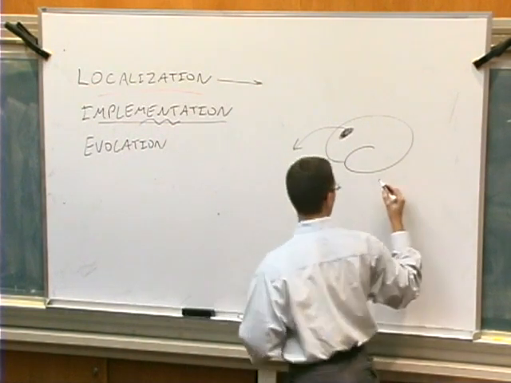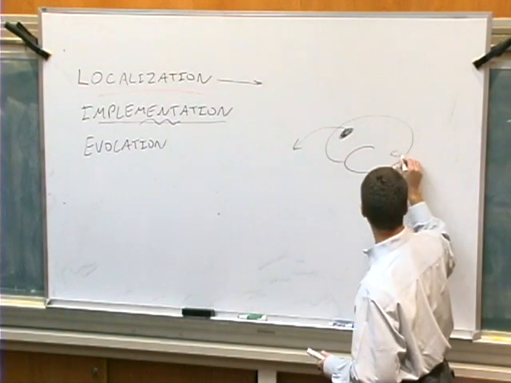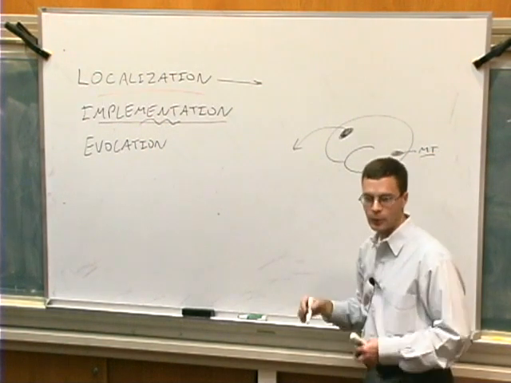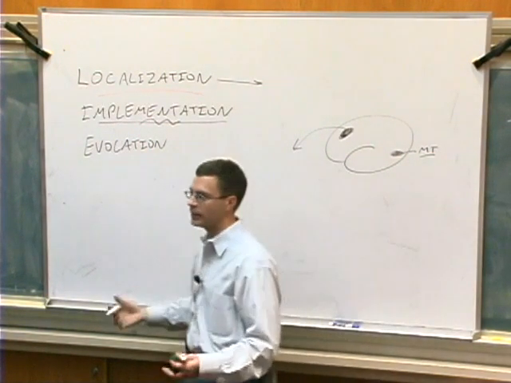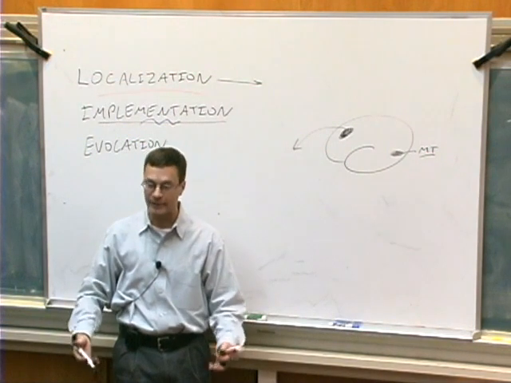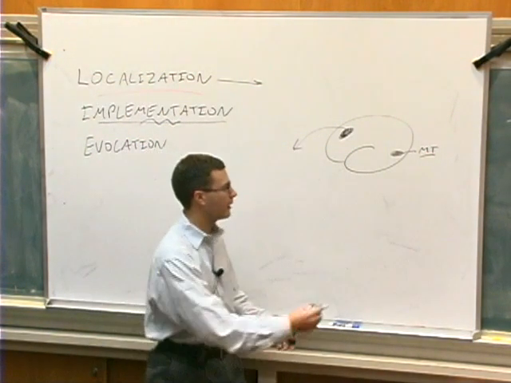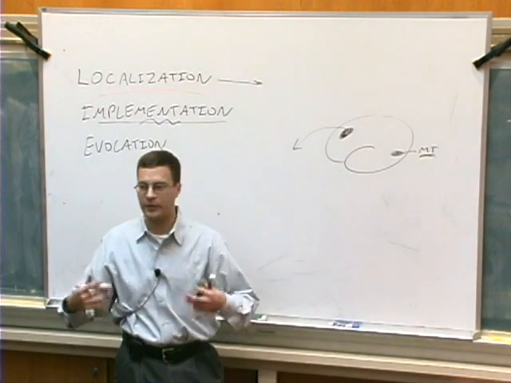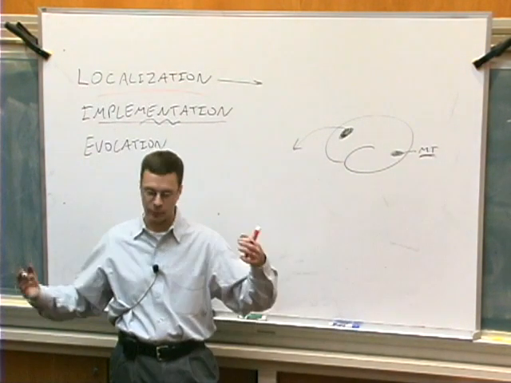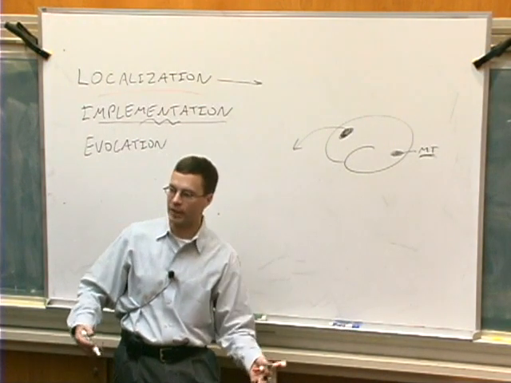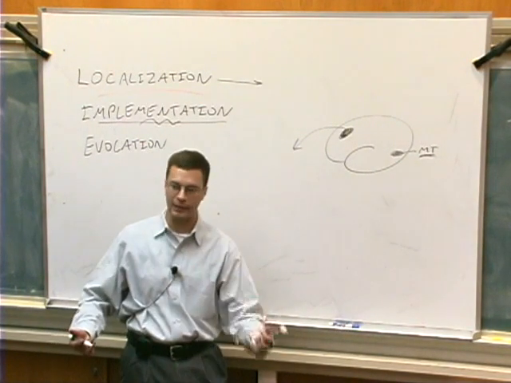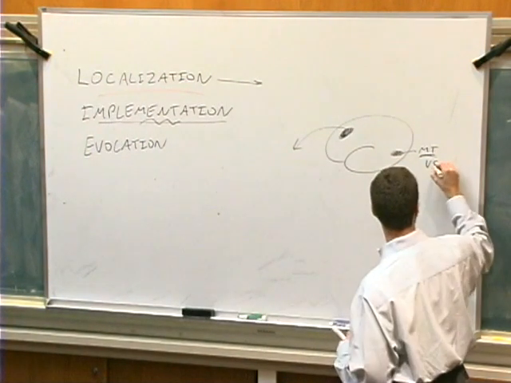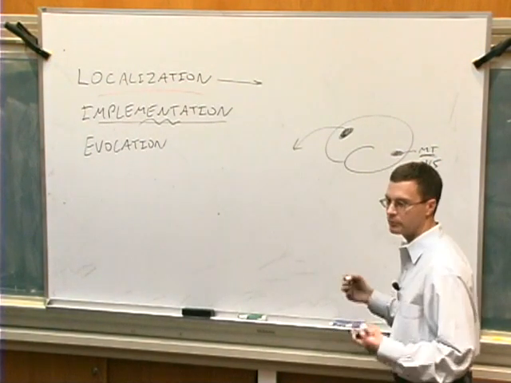Or, to take an example that was one of the earliest examples of this sort of implementation, suppose I define area MT here, okay? And so I know that's area MT. I can define area MT as an area that responds to motion stimuli, right? And I can make the very strong assumption that area MT is somehow important in the mental operation of processing motion, okay? And I might have this from all sorts of converging evidence, lesion studies, macaque studies of single neurons, and ablation studies, and all the rest. So I say area MT, also known as area V5, that's the area that's responding or processing motion information.